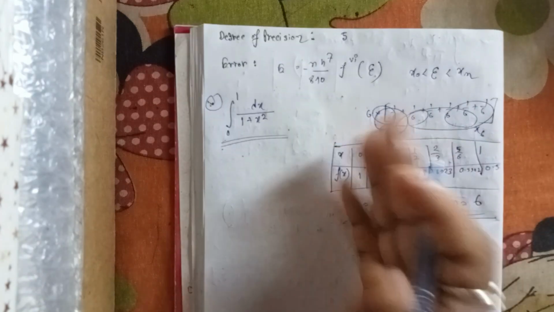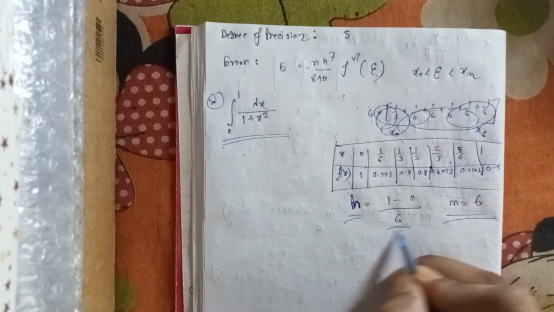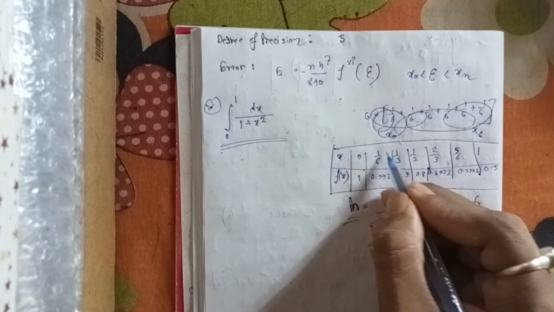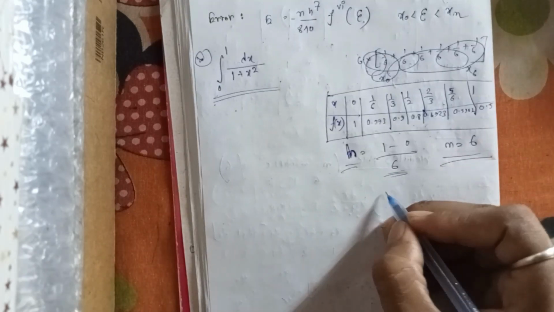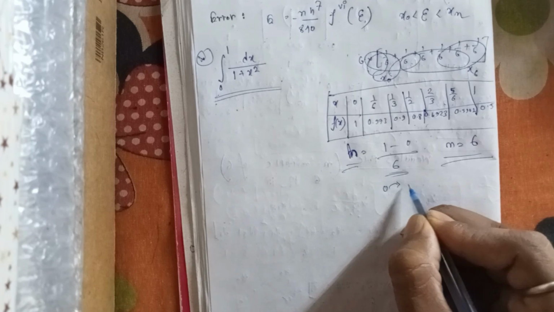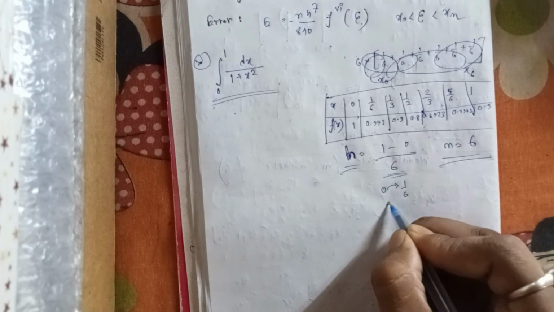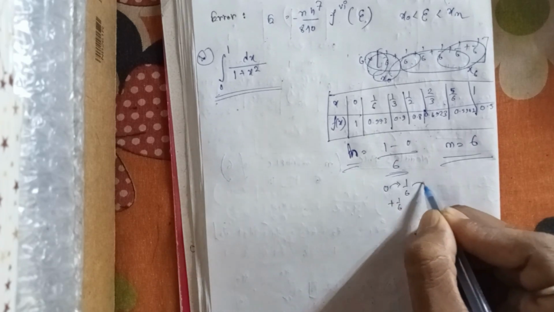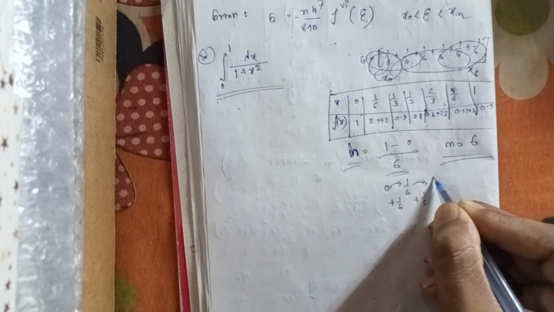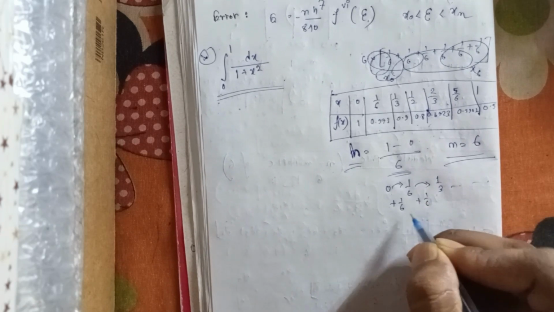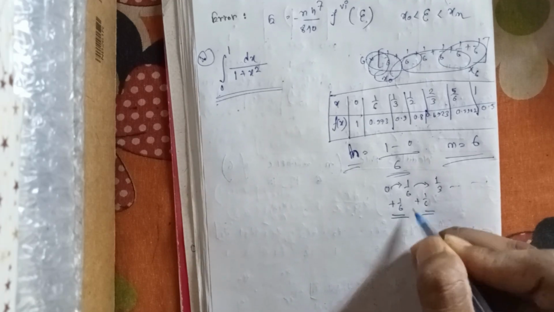So we divide 0 to 1 into n parts, and each part is 0 to 1 by 6, 1 by 6 to 1 by 3. How do you approach this? 0 plus 1 by 6, and after that 1 by 6 plus 1 by 6 gives 1 by 3. In each case add the length h, and you will get the points, and according to them the f of x values. Now if you put these in the formula of Weddle's rule,